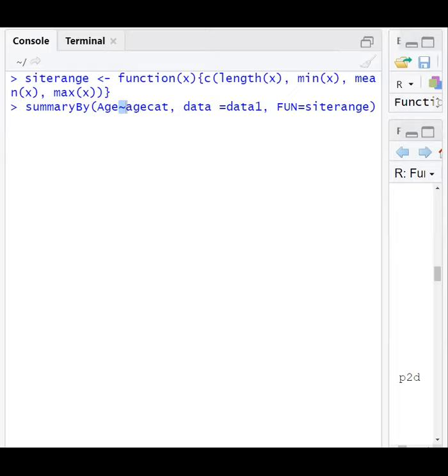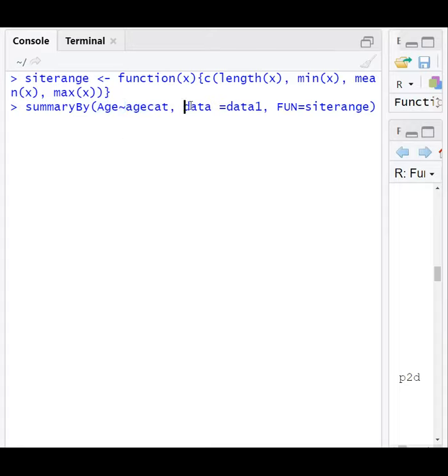What does this entire thing indicate? First, we must group age values based on age category. So age values have to be grouped based on age category. That is the indication through this symbol, the tilde symbol.